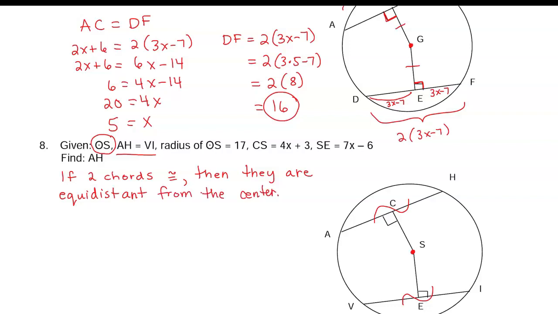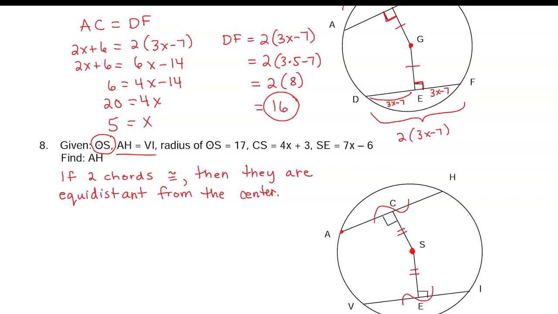What does it mean to be equidistant? It means you have two congruent segments. SC represents the distance of the chord from the center S. SE represents the distance of the chord from S. So I'm marking segment SC congruent to segment SE. The radius of circle S is